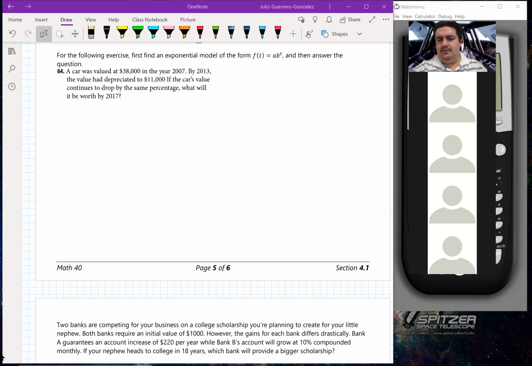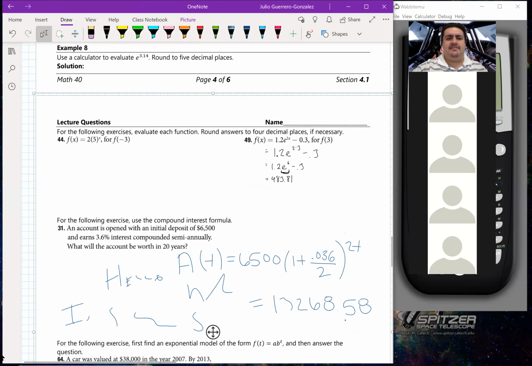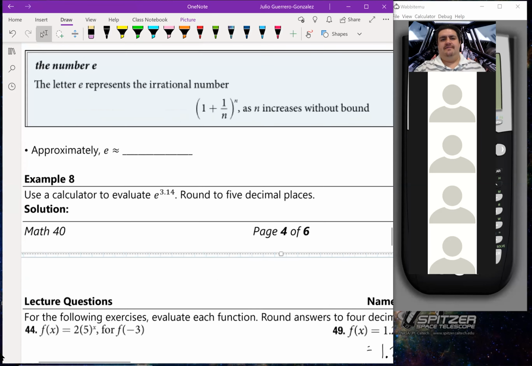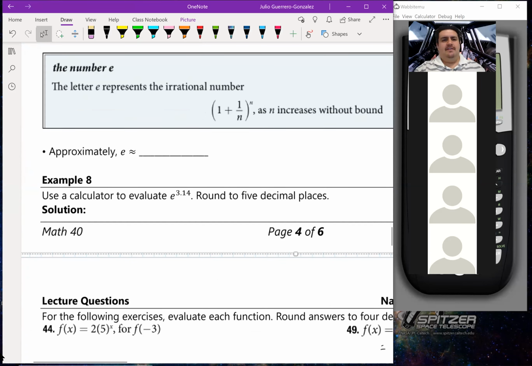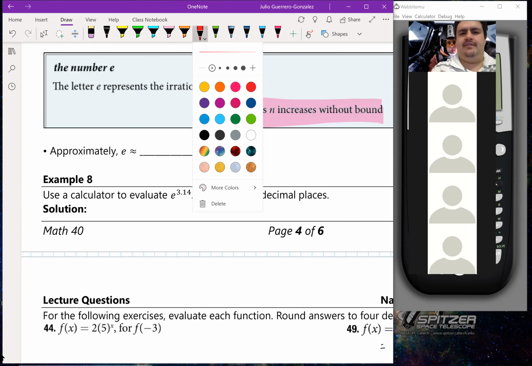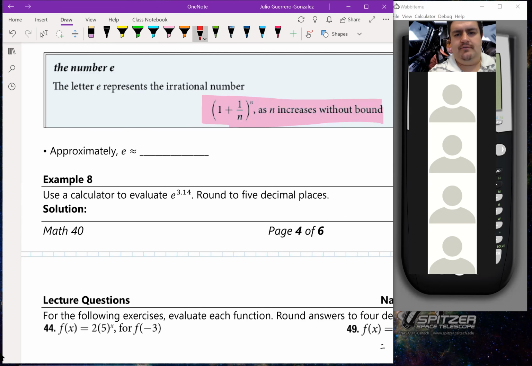Mohammed asked a question about E having any special value. I did skip over that. So the definition of E is actually that thing right there. The definition of E, can everybody see? Yeah, okay. The definition of E is essentially this thing where this N value right here grows without bound. So as N gets really, really big,